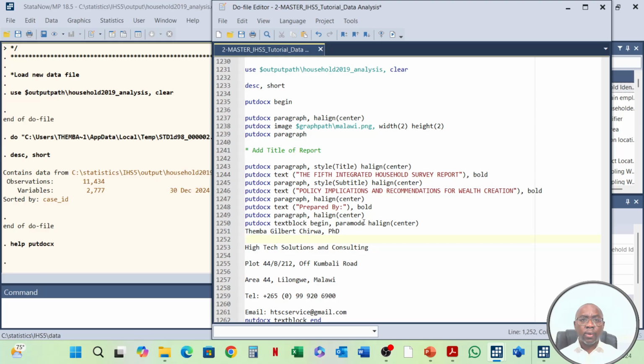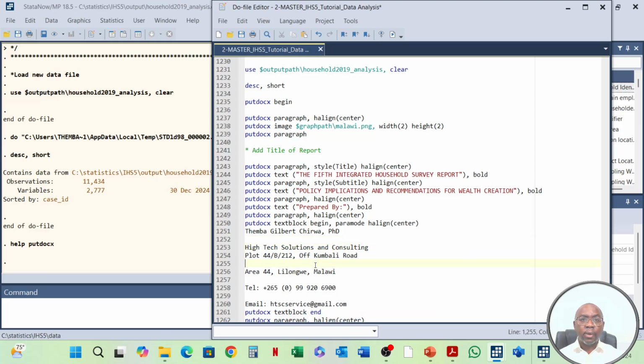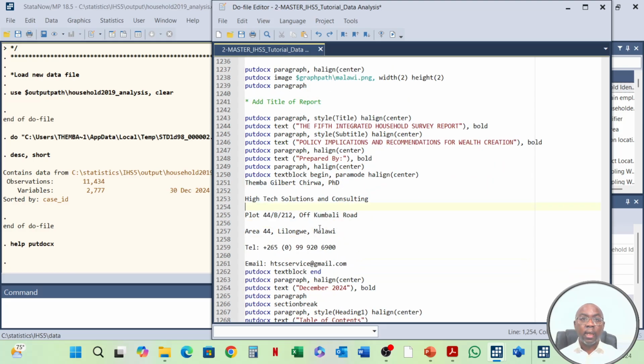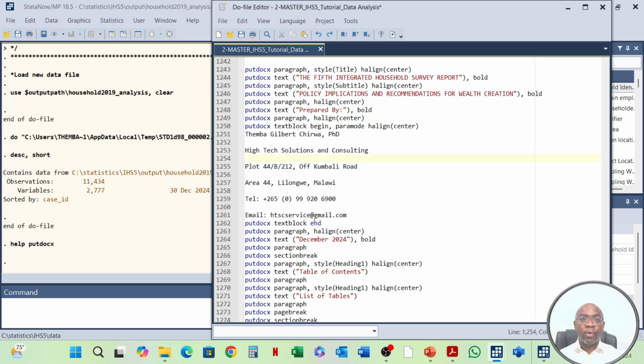So we can also say parmode and then align there, or if I don't want any paragraphs, I'll just make sure these are aligned as one, but in this case let's not do that. Let's just make sure this is the information that we need there. Then if you want to close it, you just say put docx text block end, and then we continue with the